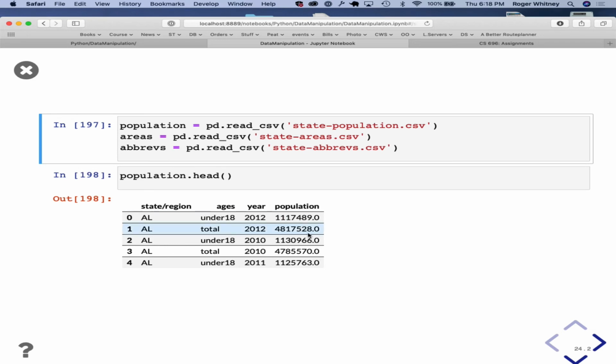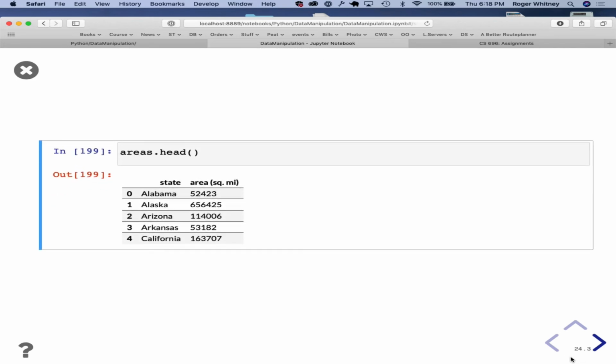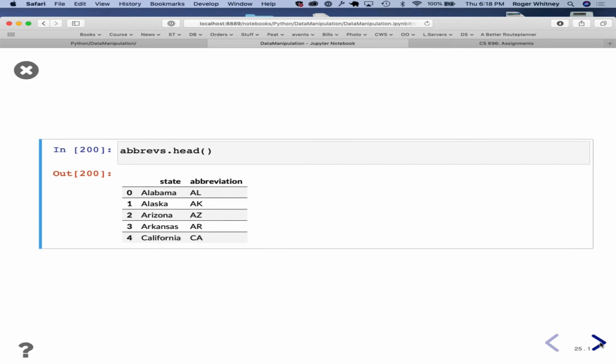So reading it, the population gives the state, and then population per year, people under 18 in total. Areas gives us the state and then square areas. And then the abbreviations give the state and the abbreviation.